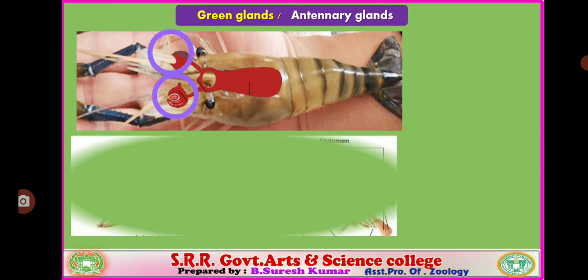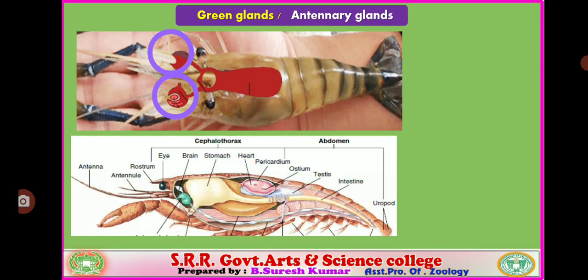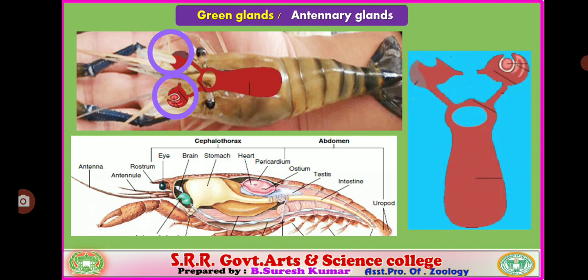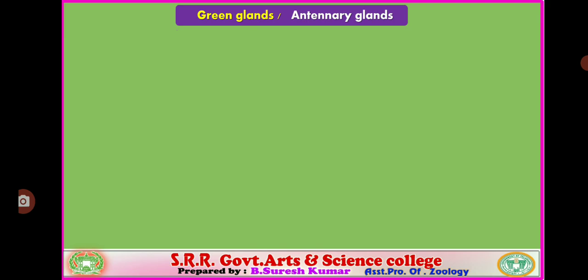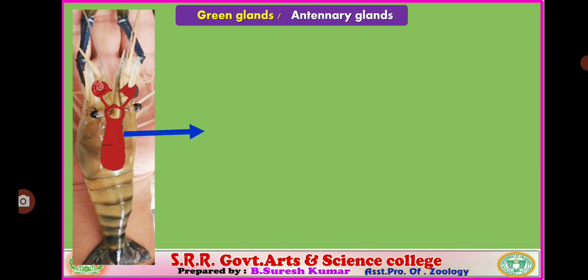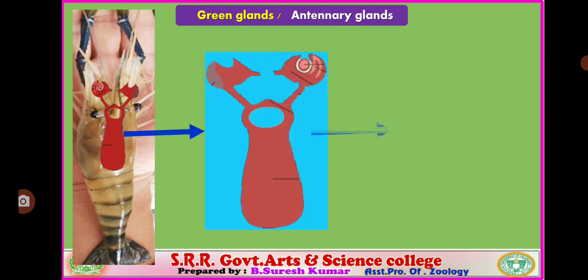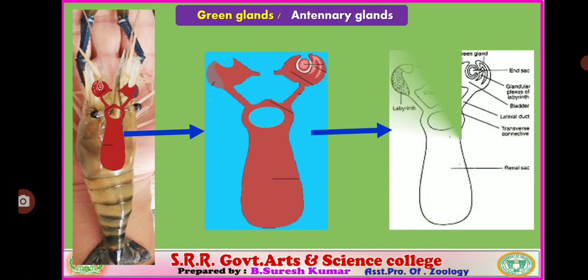Followed? You observe that the same green gland is arranged inside the body below the chitinous plate, below the carapace, at the base of the antenna, like this. In the second visual representation, you verify the green colored gland. And the third visual representation is the microscopic view of the green gland. So this is the green gland and its microscopic view, and you have to draw the green gland diagram in examination.